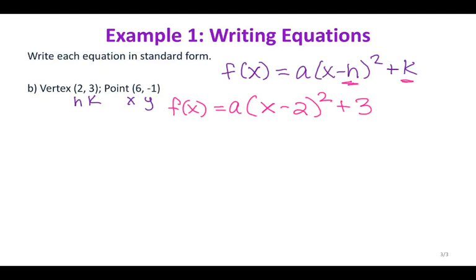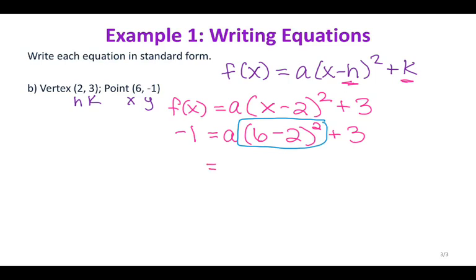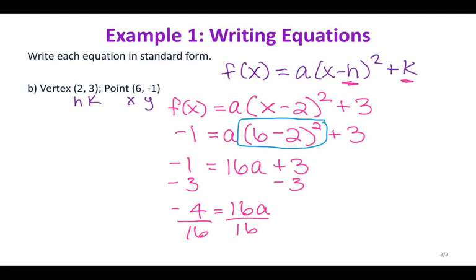So f of x is the same thing as y, so I have -1 equals a, x is 6, so 6 minus 2 squared plus 3. Again, order of operations, let's simplify this. So 6 minus 2 is 4. 4 squared is 16. So I have 16a plus 3 equals -1. Continuing to solve, I'm going to subtract 3 from both sides. That gives me -4 equals 16a. I'm going to divide by 16. And don't forget to reduce your fraction. So a is